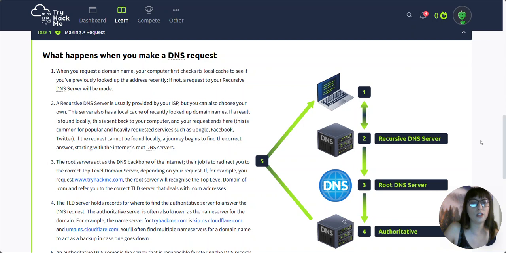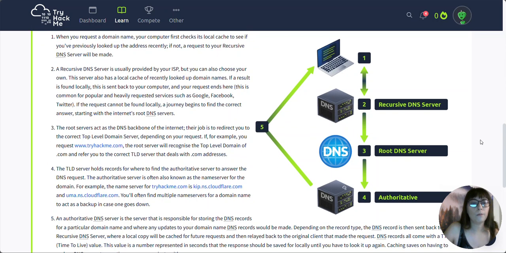with .com addresses. 4. The TLD server holds records for where to find the authoritative server to answer the DNS request. The authoritative server is often also known as the name server for the domain. For example, the name server for tryhackme.com is kip.ns.cloudflare.com and uma.ns.cloudflare.com. You'll often find multiple name servers for a domain name to act as a backup in case one goes